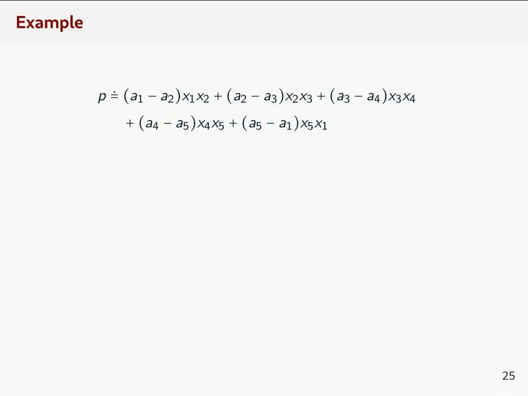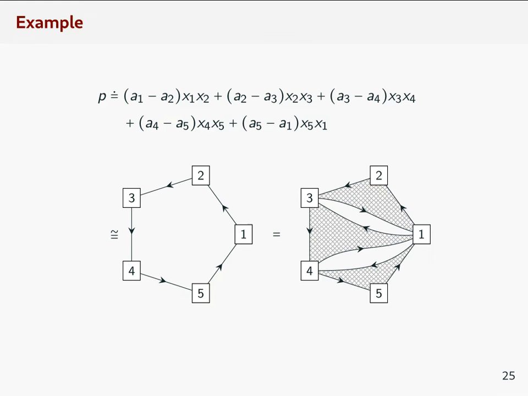So let's consider this polynomial. If you look at it, it's not clear whether or not it belongs to the vanishing ideal. But if we convert it into this representation, you'll see that it forms a simple 5-cycle, and therefore should belong to the vanishing ideal. And indeed, if we take this 5-cycle and break it up as a sum of 3 cycles, you note the cancellation on these edges that are common to 2 3 cycles,